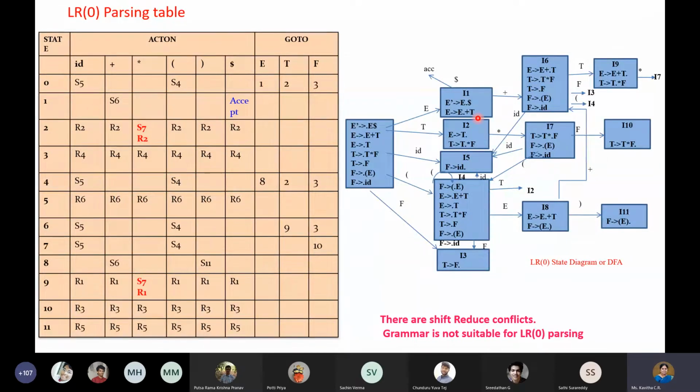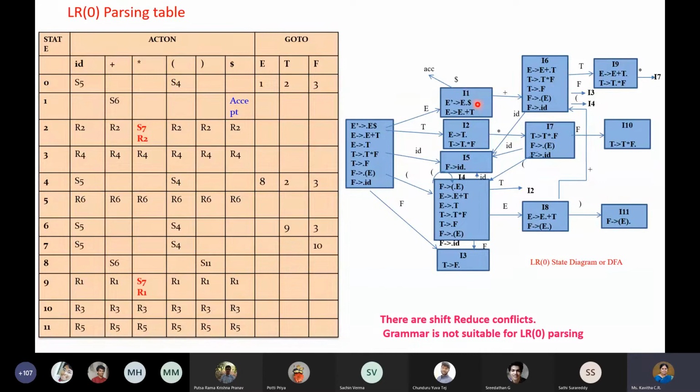So coming to the state number 1 now. At state number 1, what is it that we have got? Whenever you are having some state, you have to see whether something is eligible for reduce action also. And if it is eligible for reduce action, that should be taken care of. And sometimes shift also will be there. That also should be taken care of. Sometimes in some state only shift will be there. So that is also possible.